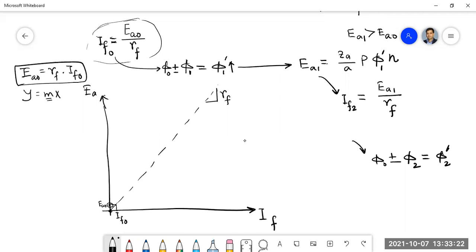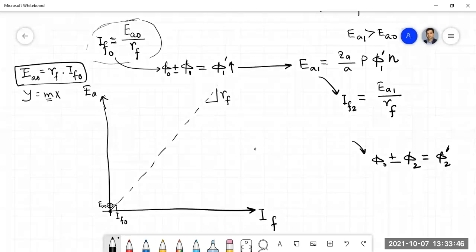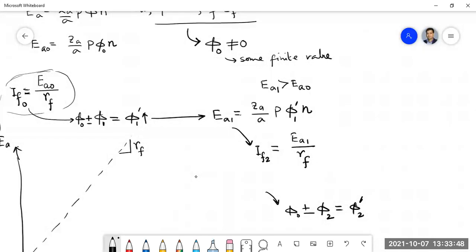But if the field current is this, the voltage will be this. If this is the field current, that will be the open circuit voltage or the induced voltage. Who is deciding that? Is this the same expression? Which expression do I want? Yes, Z by P phi. Correct. So that means we basically have two expressions here. Listen carefully.